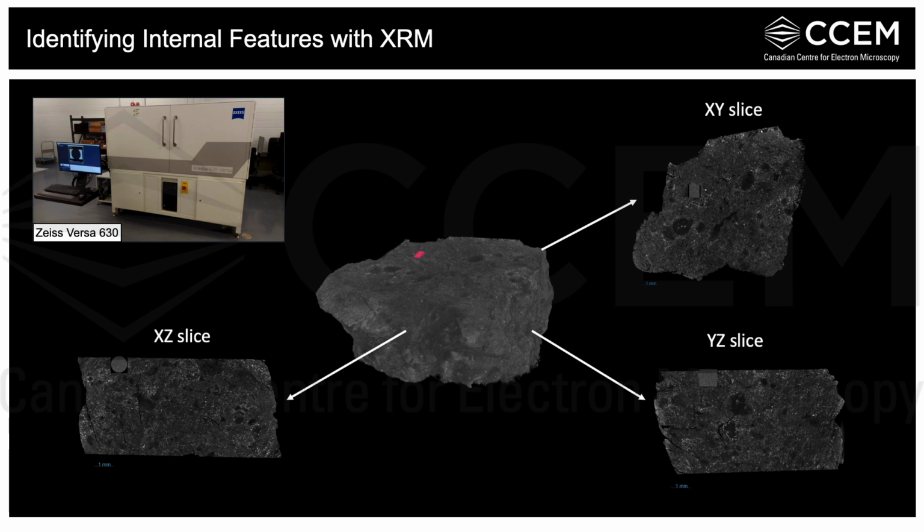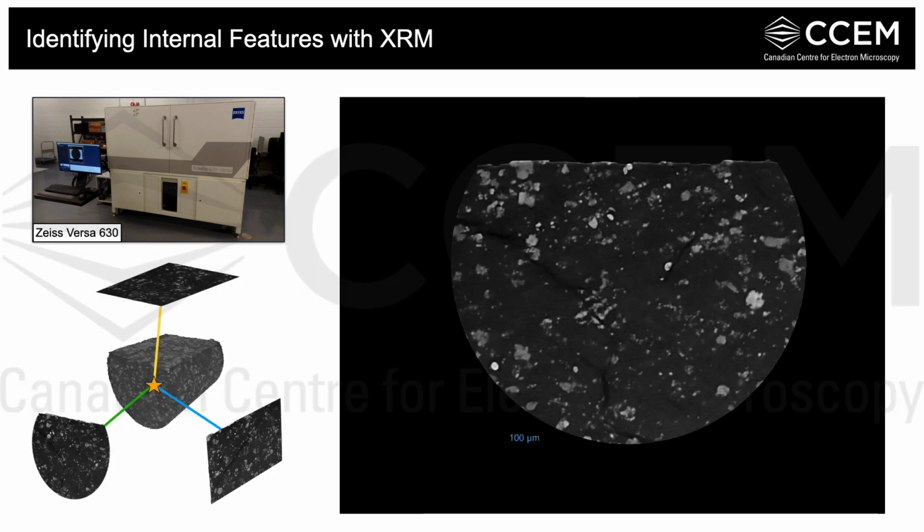Our resolution is lower with this initial scan, but taking slices through the dataset, we're able to see that the rhomboid clasts, which are similar to those at the surface, are pretty homogeneously dispersed throughout the volume and that they range in size. And since we could identify those three clasts at the surface with our first XRM scan, we're able to then conduct a smaller subvolume scan of that area, which I have shown here in red. And now this provides us with higher resolution data.